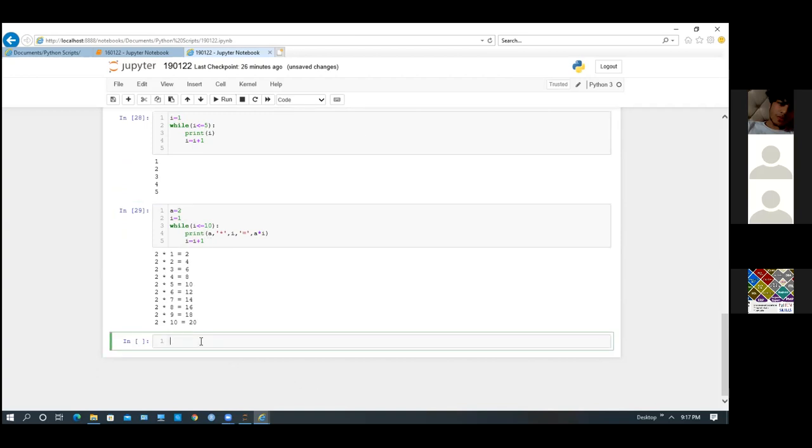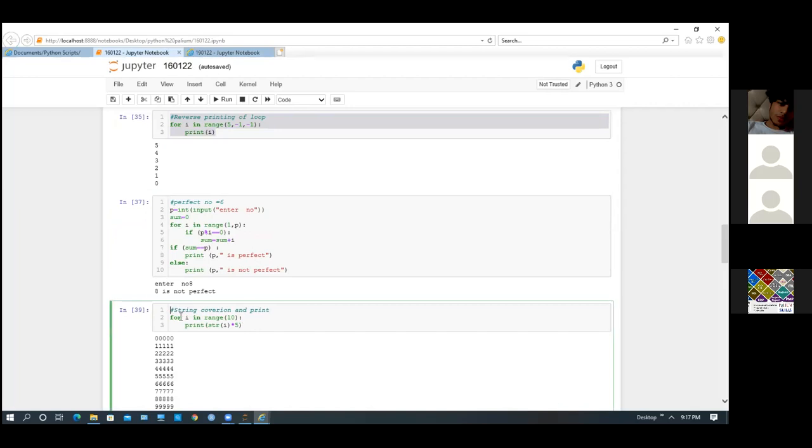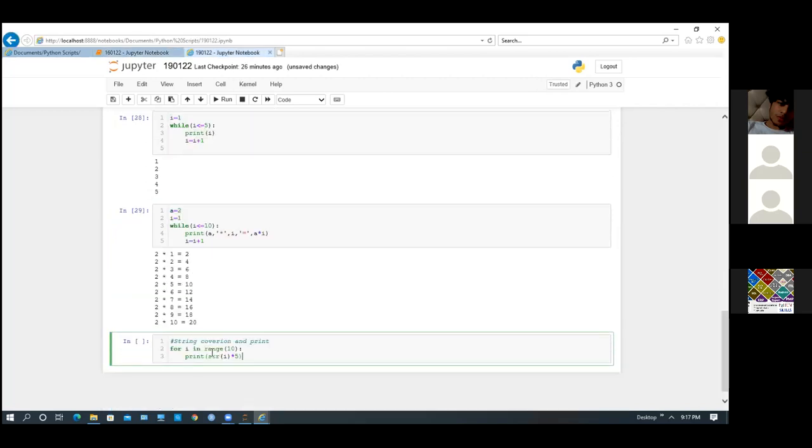Now there are lots of catches in the for loop also. Suppose I am working with strings, and I write for I in range 10, so it will go from 0 to 9.